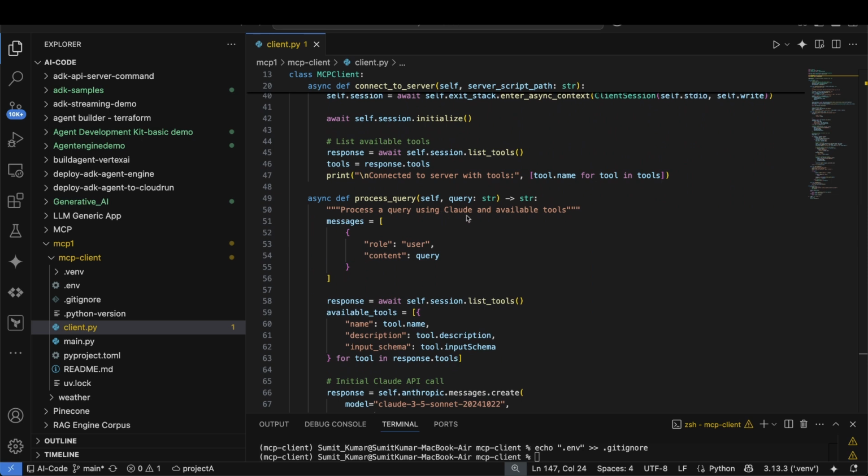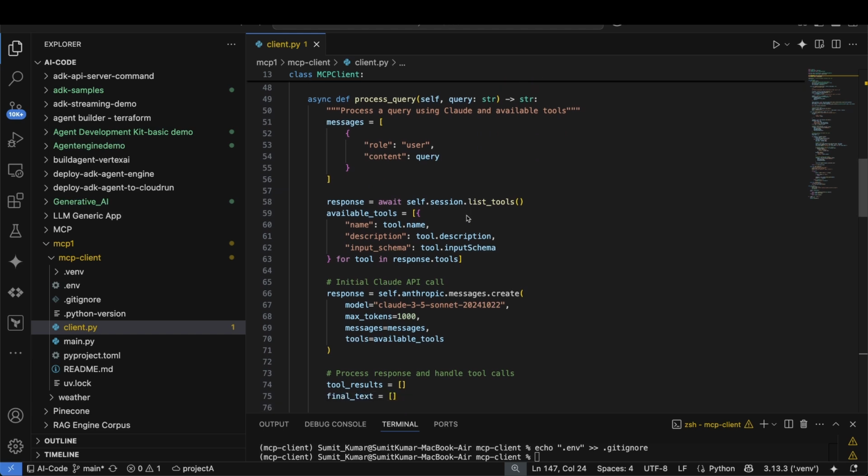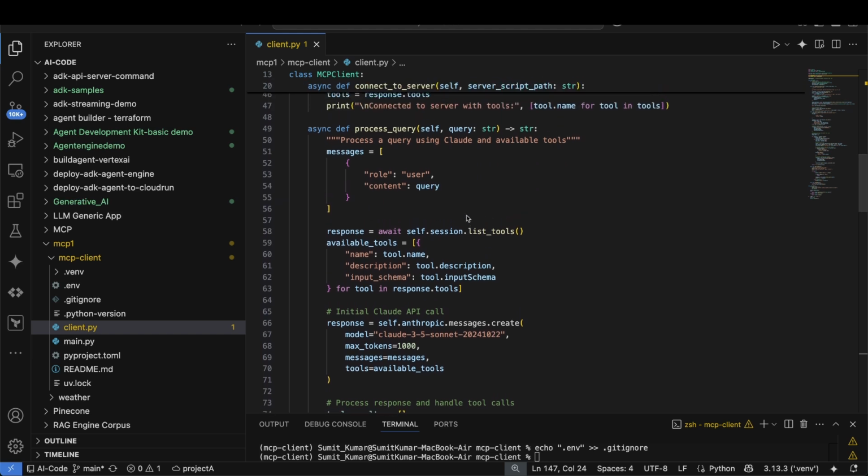So it handles the user query, it sends the user message to Claude, and then it passes Claude the list of tools available on the MCP servers. So Claude may reply directly, or it suggests calling a tool with a specific input. If a tool is used, it's called via MCP, and the result is added to the conversation, and then Claude is again called with the updated context, and all the text responses are collected and returned to the